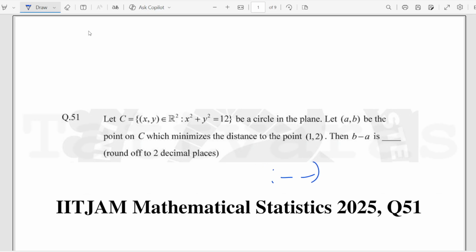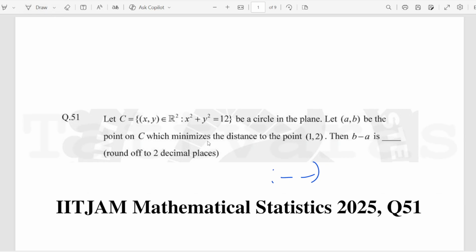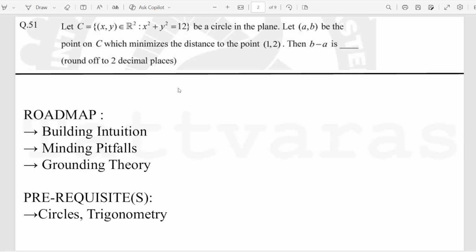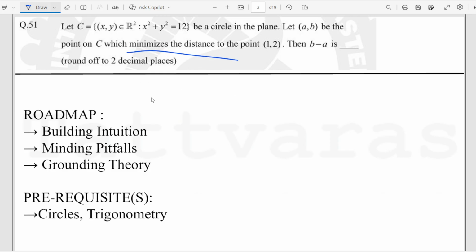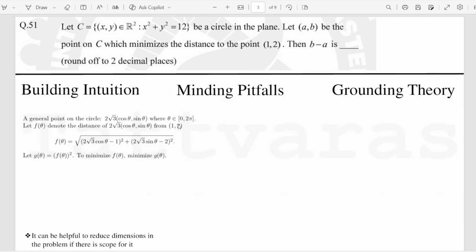Let's get started with some more adventurous questions in IIT Jam PS, IIT Jam numerical. So, this is a question about optimization because it's asking to minimize distance, and we will see it involves circles and a little bit of trigonometry as well. So, let's get started. Now,